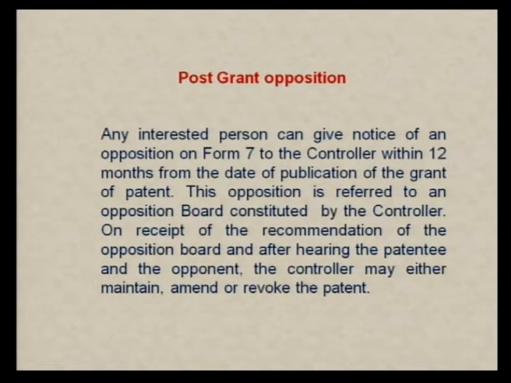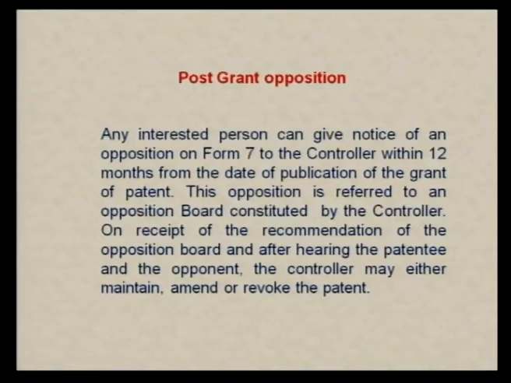After post-grant, after the patent is given also, somebody can come, any interested person. Here we have to be very sure that it is a person who is interested, not any frivolous person. Any person who is interested can give notice of opposition to the controller within 12 months from the date of publication of the grant of patent and say that I have valid points to oppose this patent. The controller will put it to the opposition board, and after hearing the patentee and the opponent, the patentee has to defend oneself and the opponent has to defend himself by saying that his opposition is right. So here you have to defend again, and once you're through, the controller may either maintain, amend or revoke the